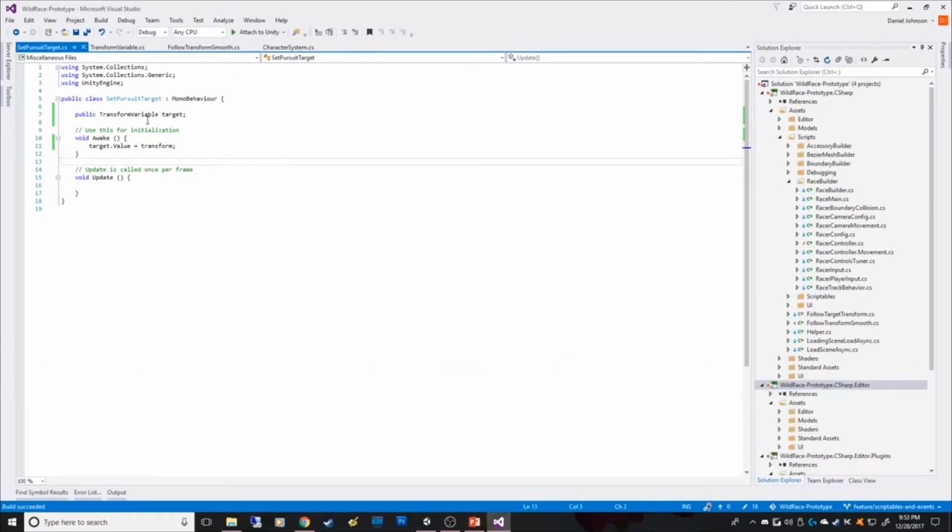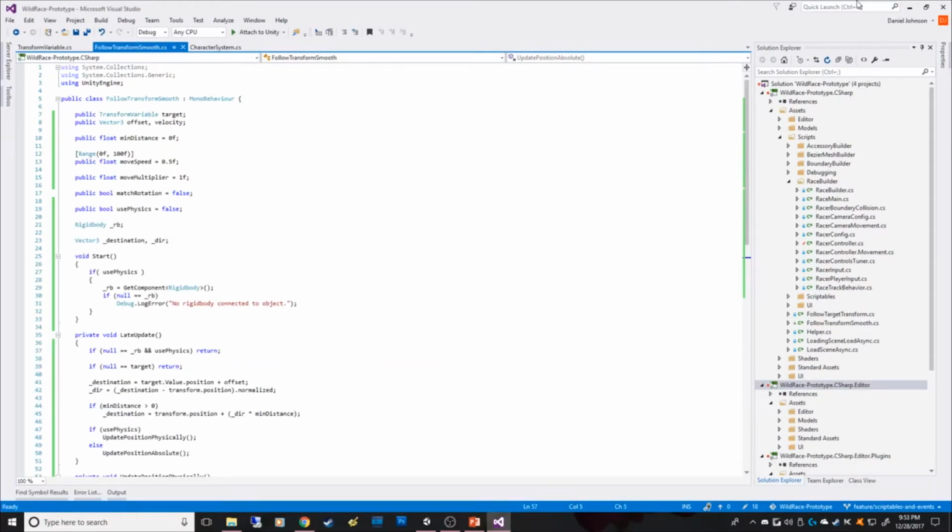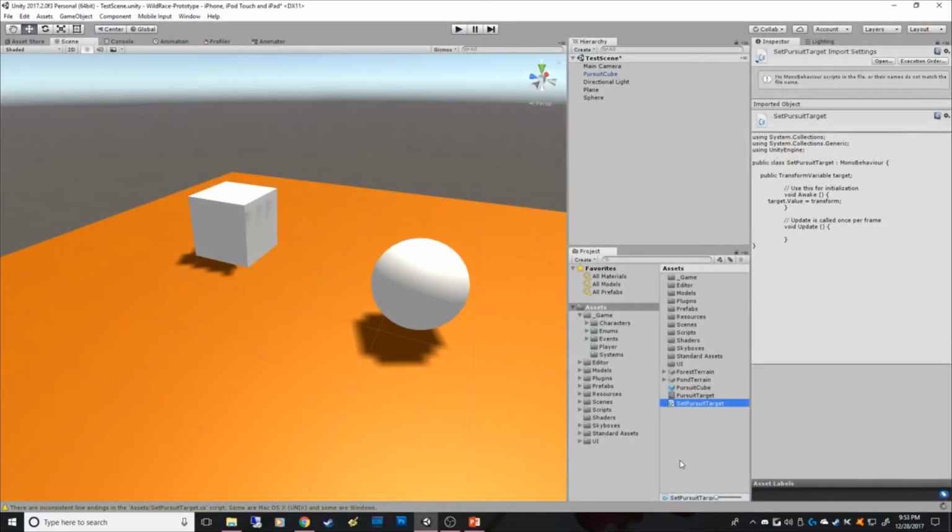Okay. I'm not sure why I'm getting an interesting error here. So then if I assign that to the sphere,